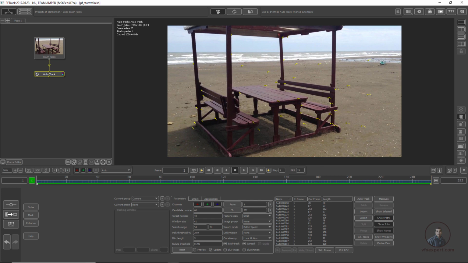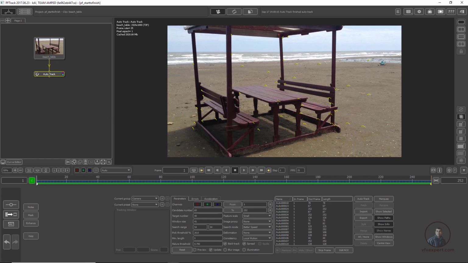Now here we have tracked our shot. Some other parameters are also important for our footage: luminance value and blur images. Suppose in your footage there is any noise, then simply you can enable the blur option, and if you have any luminance changes in your footage, then you can also enable this option. These two options totally depend on your footage. Okay, so here we have tracked our shot.